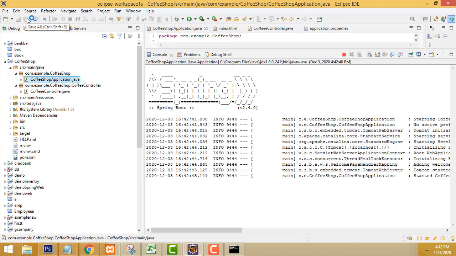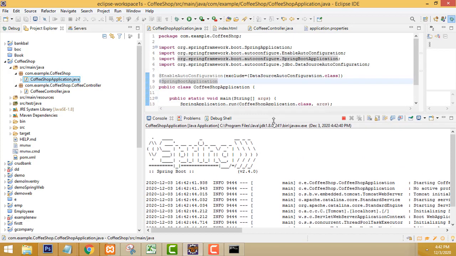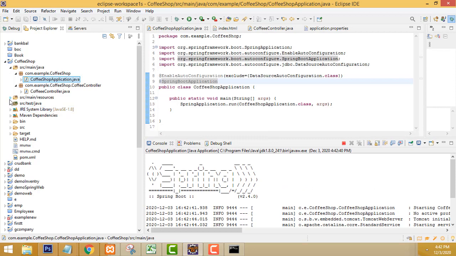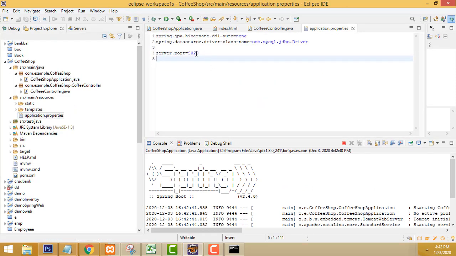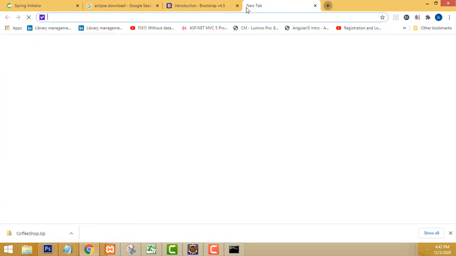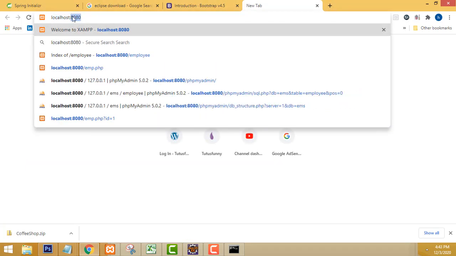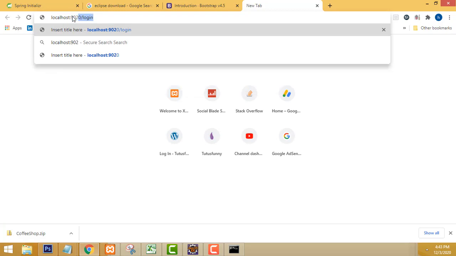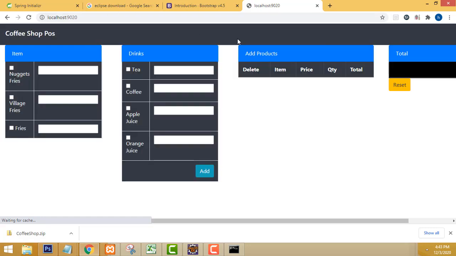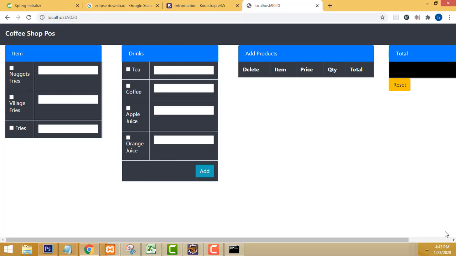Now, to run the application, you have to use this port. Which port did you give? This port, right? So go to localhost and the port number. This is the port. Press the enter key. Your project has been running successfully. Here you will get this nice-looking project, right? This is the project. This is a demo, and here I show you a simple project.